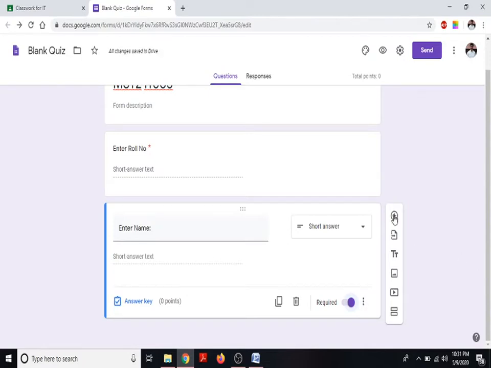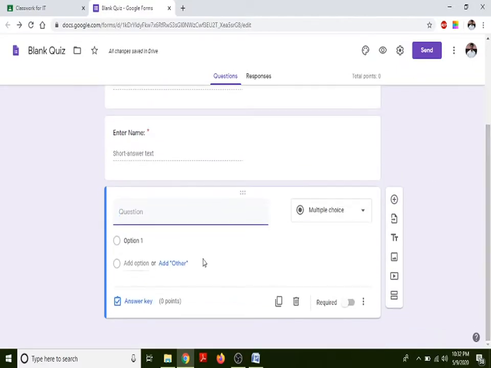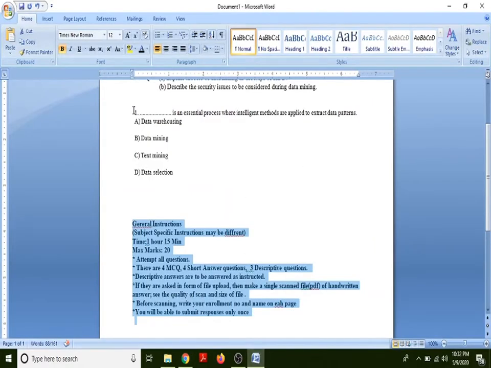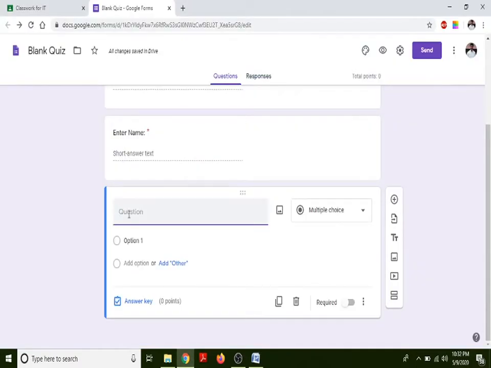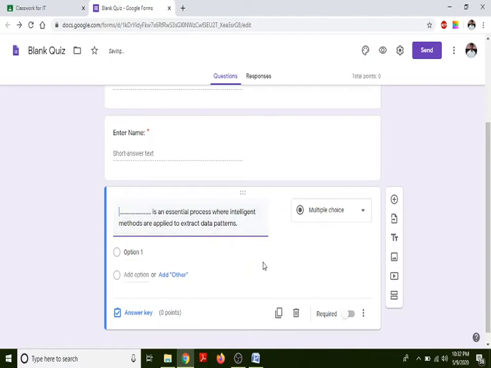The next thing will be a set of 4 MCQs. You can add one more section to the blank quiz, and you may have some MCQ questions like this. I have just a sample, you may have any others if you have.